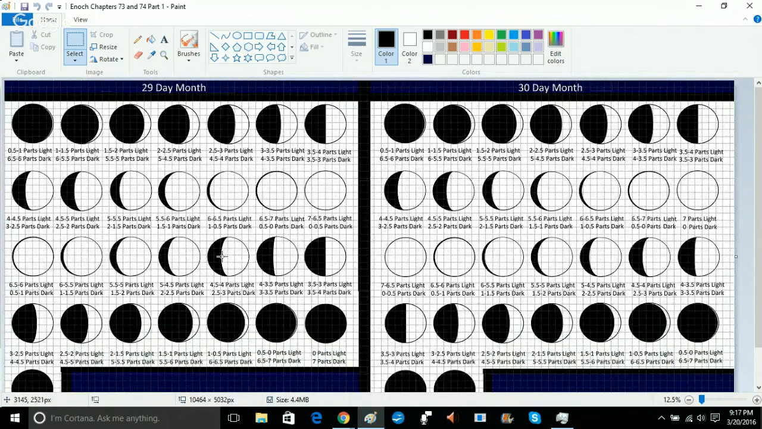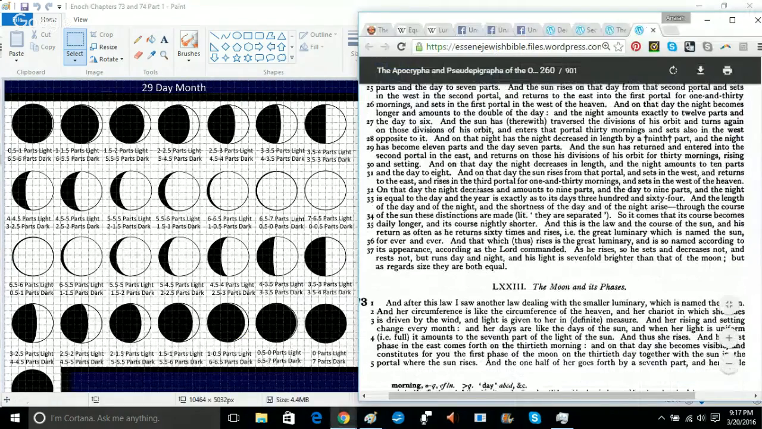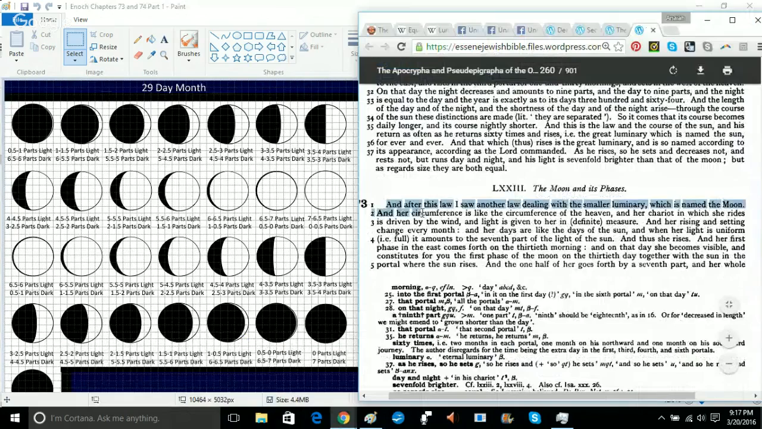That's what Enoch said. We went through that last week. We looked at everything he said. So you can see right here, chapter 73. Enoch gives us the laws of how the sun's year works, and he also gives the laws of how the moon's year works,